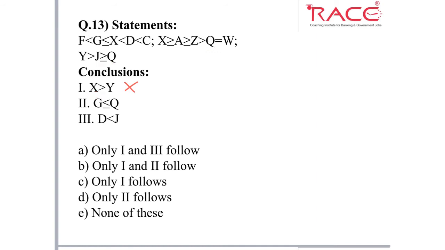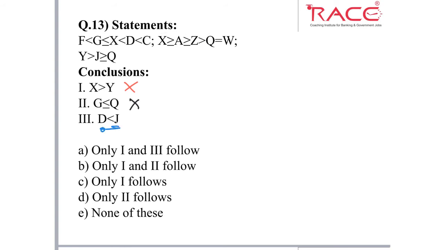Now we'll check this one, G to Q. G we have in the first statement, Q we have in the second statement, and from G to X and X to Q we can easily connect it. While moving from X to Q, we have an opposite face with respect to the arrow. Directly, this does not follow. Second. Okay, now we will check it for the third.